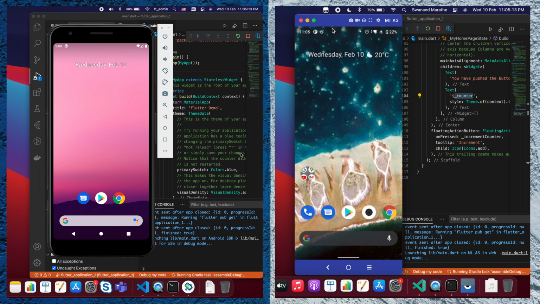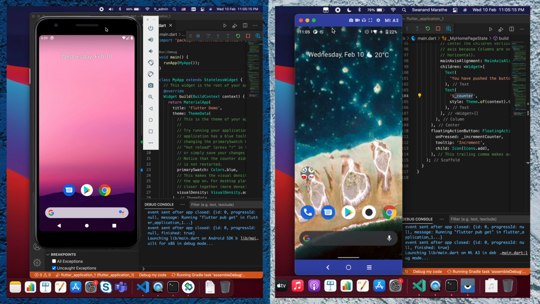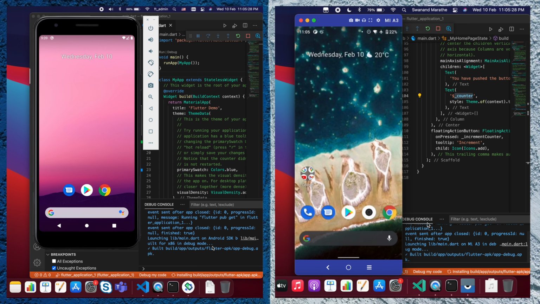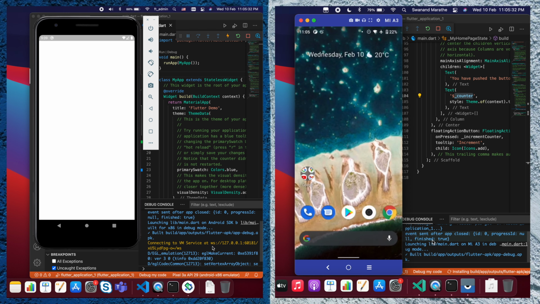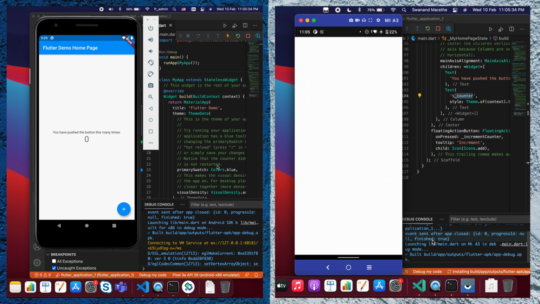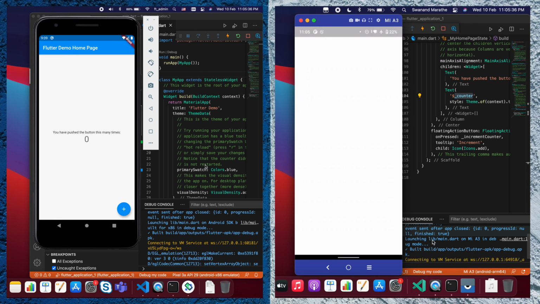Now again on the Intel, it has not started the building process. On the M1 also. Okay, so I think for a clean build also, the Intel wins by 5 seconds.